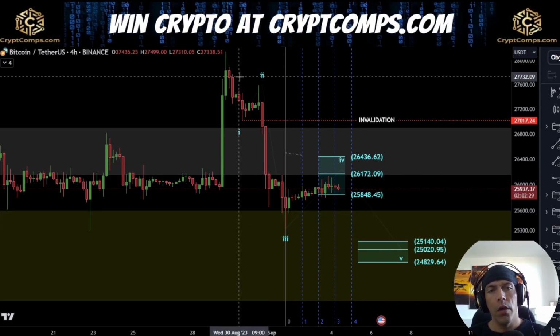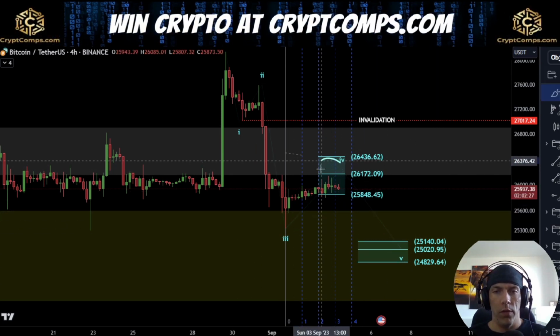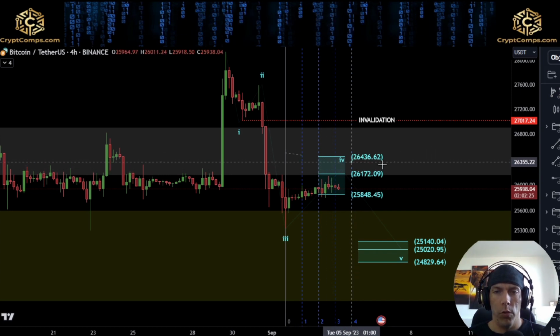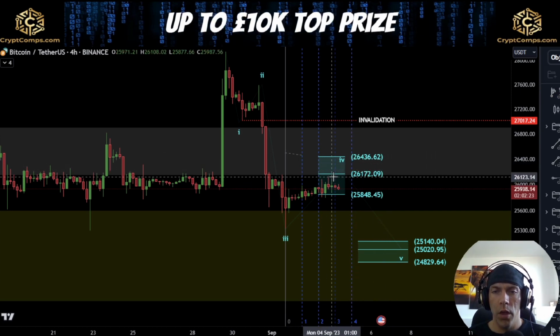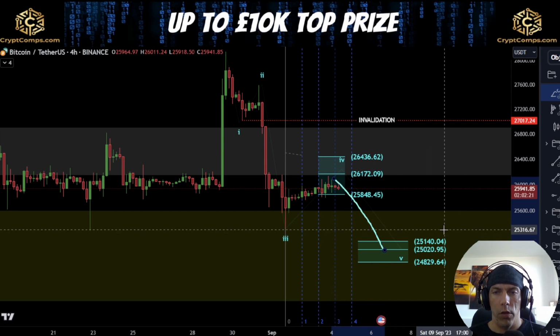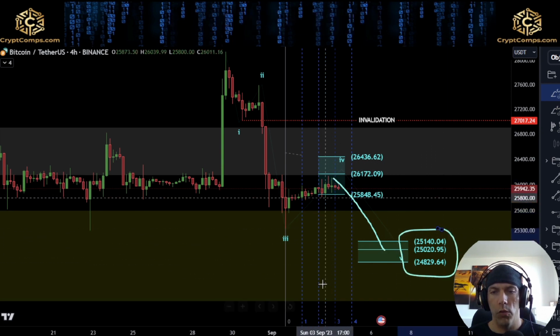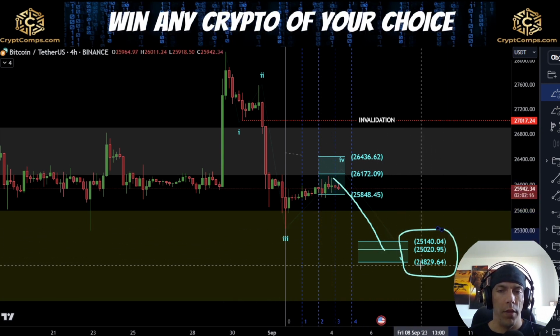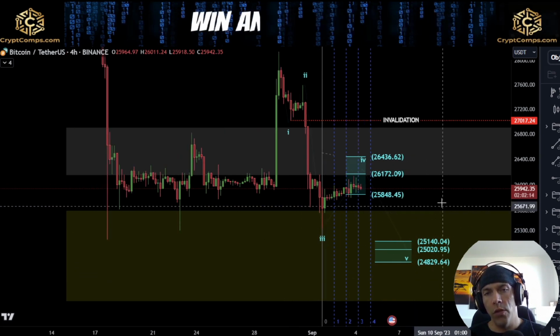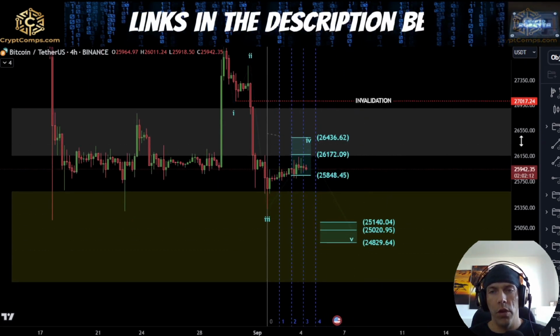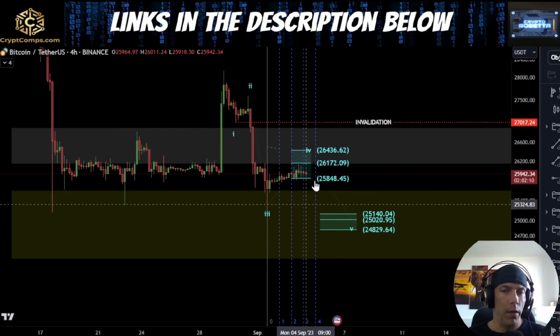But effectively, what I would be looking for is that this move fails to actually break through this 26,436 level, and then we start to see price moving to the downside. 25,140 to this 24,829 would be the typical fifth wave area. If we start to push down through these levels, we need to start to be careful of the idea of